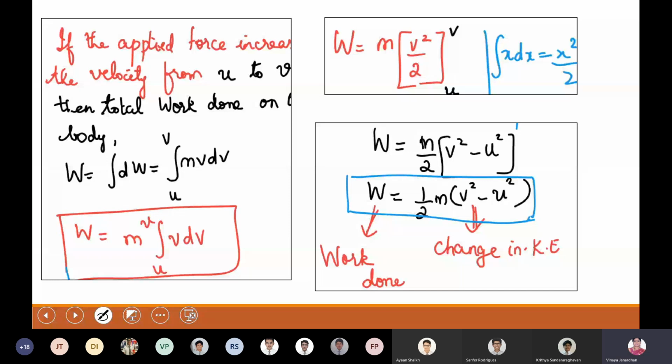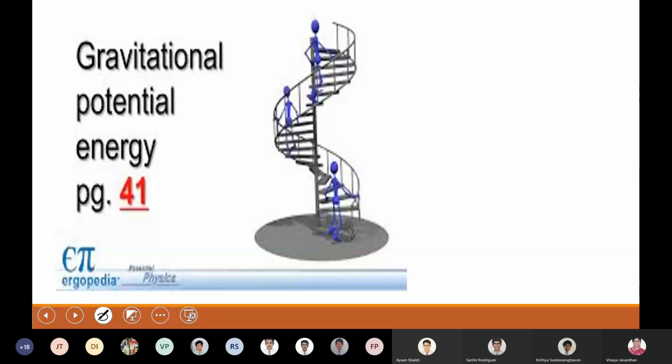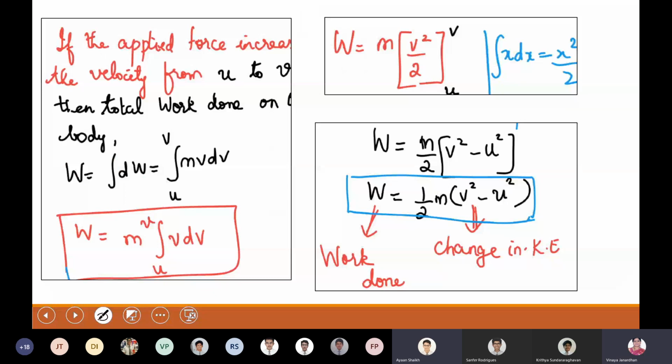Shall I move to the next one, boys? I'm not going for the numericals right now. As much as possible, I'll finish the theory, only till whatever we have learned today. Previous slide, work energy theorem. Only till this you'll be having for your exams. Kinetic energy, 9th standard you have learned. I'm not deriving that. Right? But I have to go for the numericals for kinetic energy. But anyway, I'll proceed with it. Only till this topic is your syllabus.